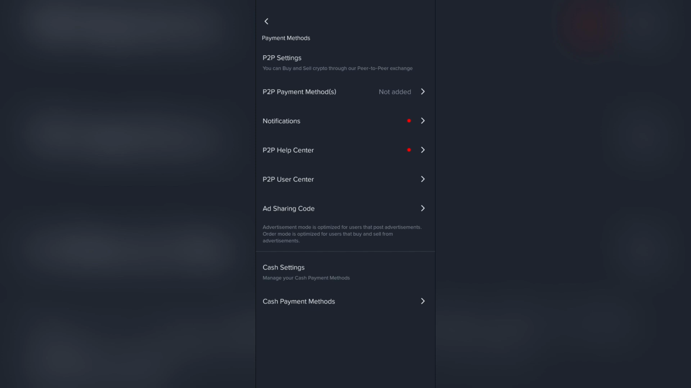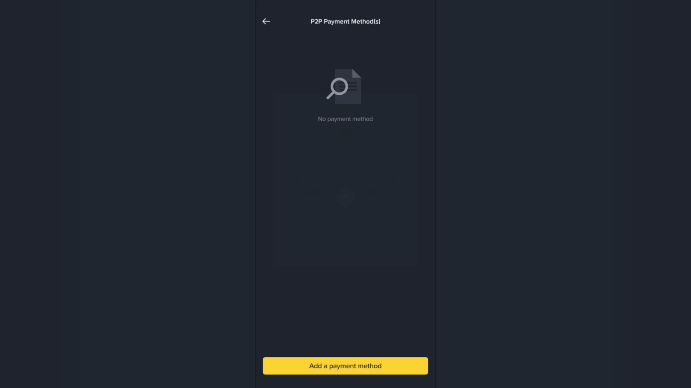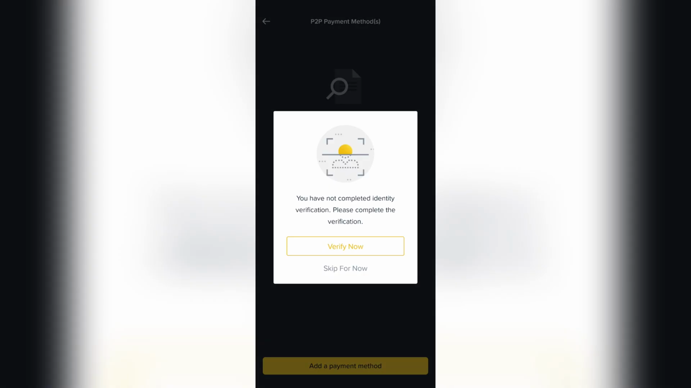Binance. Now, in order to add your bank account, you will get to see this option of P2P payment methods. Just simply select this one, and after that you will get this option to add payment method. Now, what you have to do is just tap to this add a payment method option, then verify your account